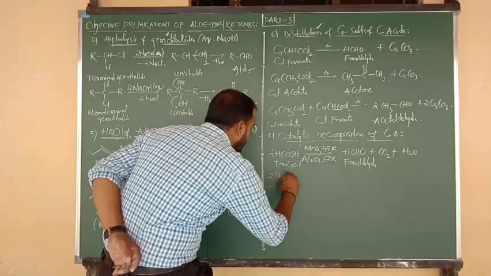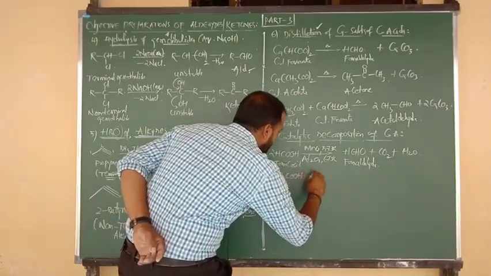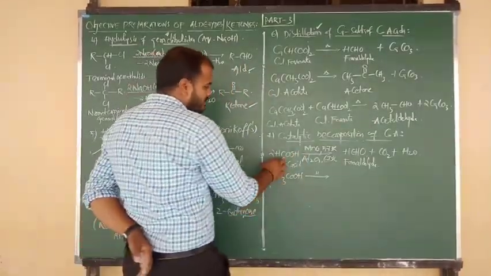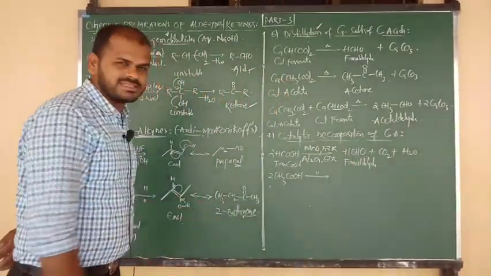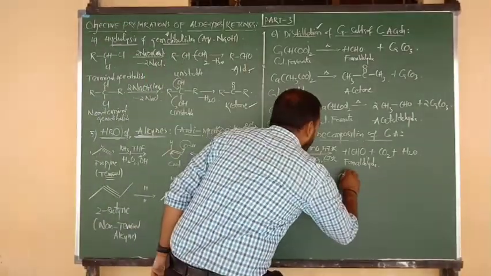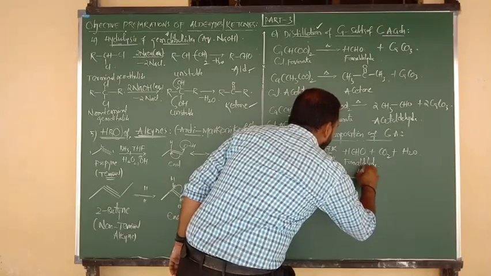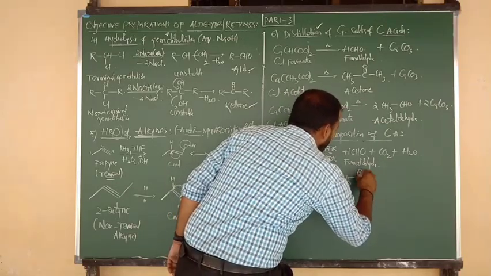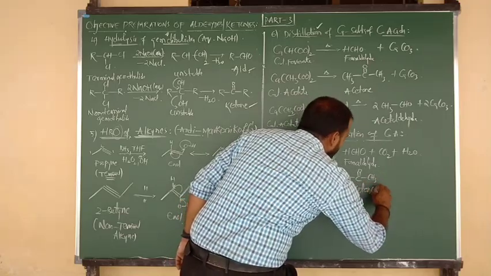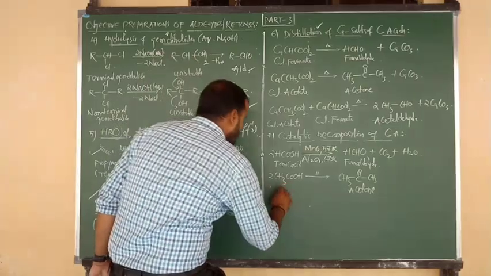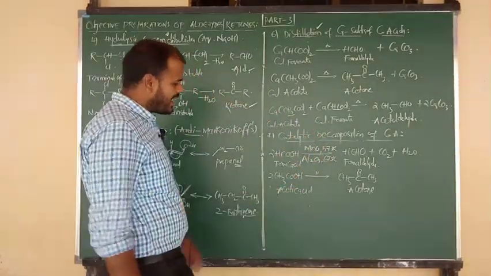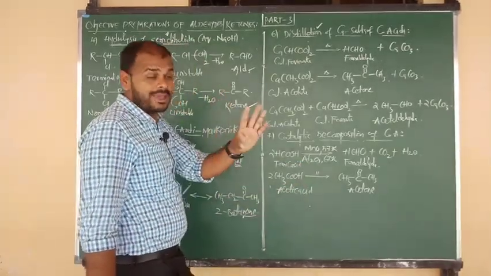So let me consider now 2 moles of acetic acid. 2 moles of acetic acid, again the same thing by passing over the above catalyst. Formic acid gives formaldehyde and acetic acid gives acetaldehyde. No. Due to the presence of 2 CH3 groups, you are going to get the product acetone. CH3 bonded to C double bond O bonded to CH3. So the name of this compound is acetone. What is the name of this acid? Acetic acid. Formic acid gives formaldehyde, but 2 moles of acetic acid gives acetone.